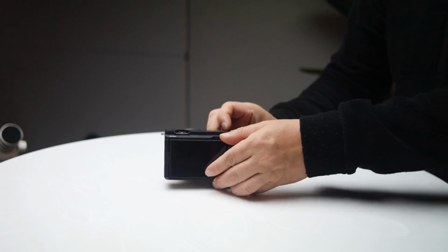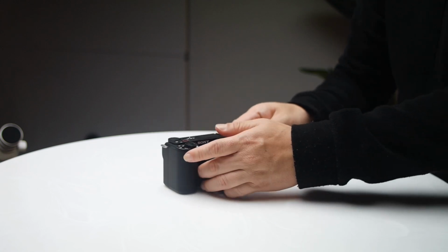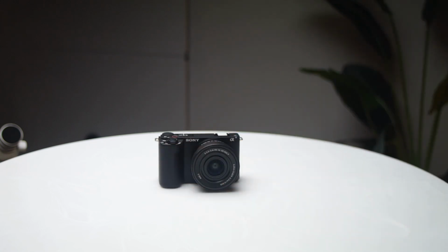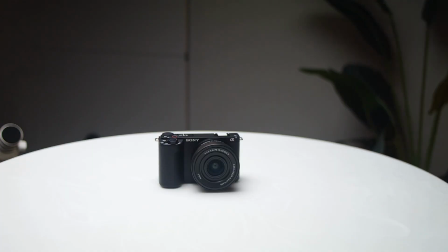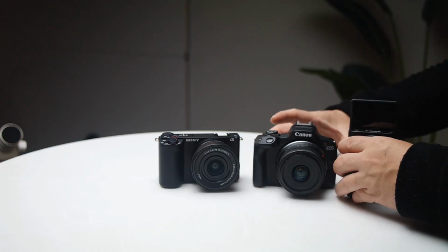second burst shooting mode, ISO from 100 to 32,000, real-time AI AF and tracking, background defocus, product showcase, focus breathing compensation, a directional 3-capsule mic and windscreen, and you have the 16-50 kit lens on this Sony ZV-E10 Mark II. So this is the top 5